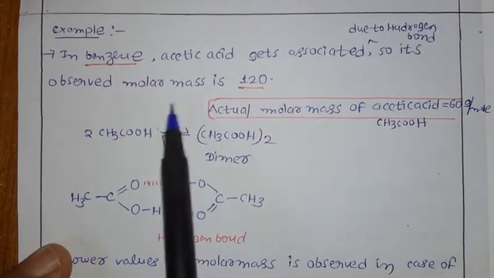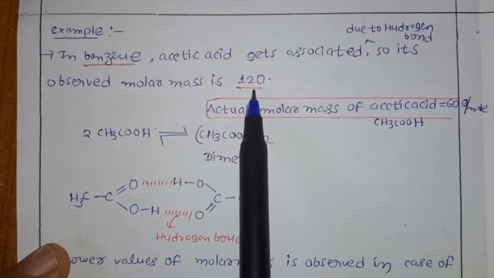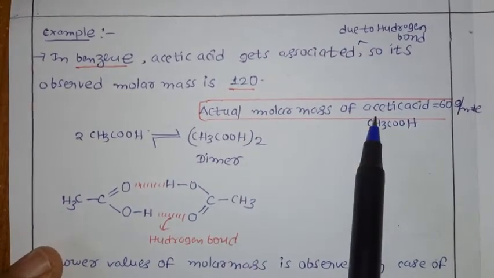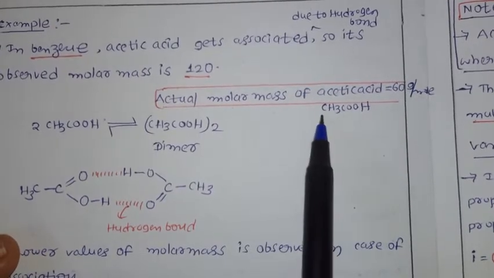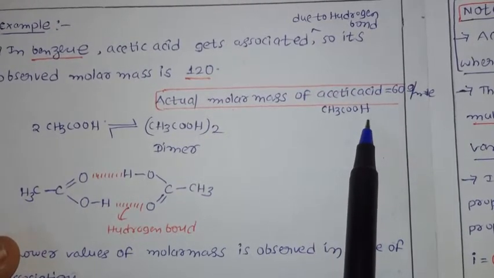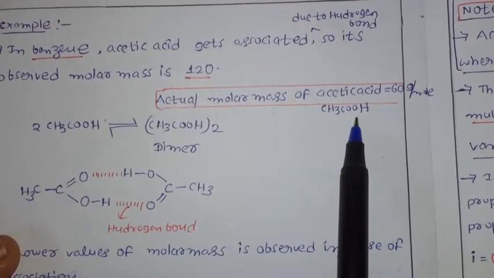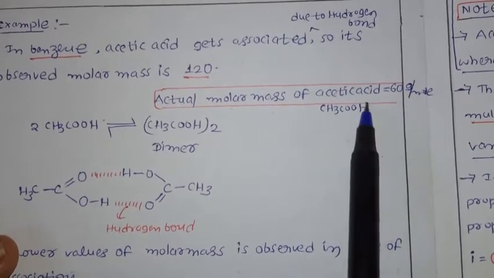So its observed molar mass is 120. Now let us see the actual molar mass of acetic acid. The acetic acid formula is CH3COOH. If you see the actual molar mass according to the formula, if you go for